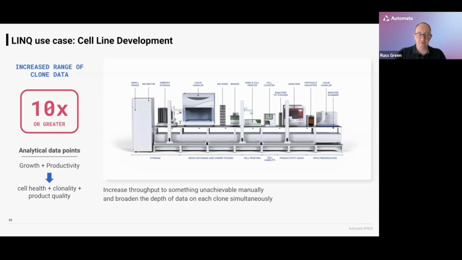And something we saw here is obviously the main focus of the system, actually the main goal of this kind of platform, is to really up the throughput. But the thing I wanted to highlight here is when we got into that "what would you do if you could wave a magic wand" discussion, we started thinking about how we would add on additional analysis devices to get beyond making decisions just around growth and productivity and start thinking about, well, could I look deeper at the cell health or the morphology of those cells and the clonality and different data about the product quality as well, and make a much deeper data set around the clones that we're selecting.